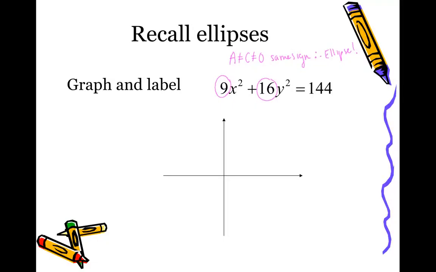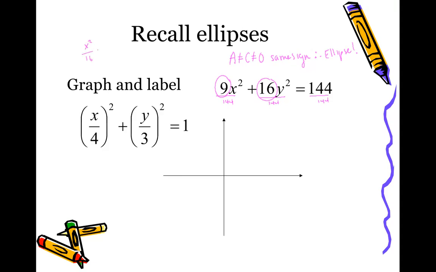If I wanted to get this in graphing form, I would divide everything by 144, and I would end up ultimately getting this. Maybe you're writing it as x squared over 16 plus y squared over 9. That's fine, that's the same thing. That's just the squared being distributed. So this would have a center of 0, 0,